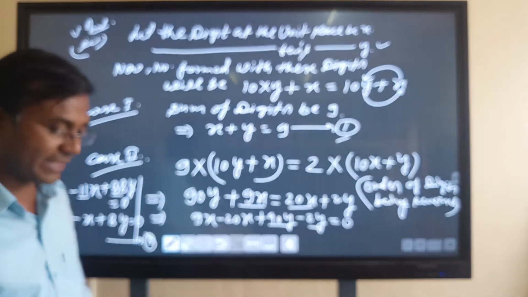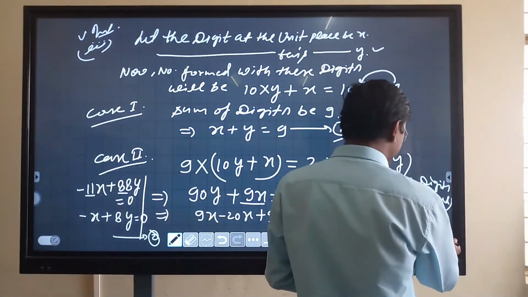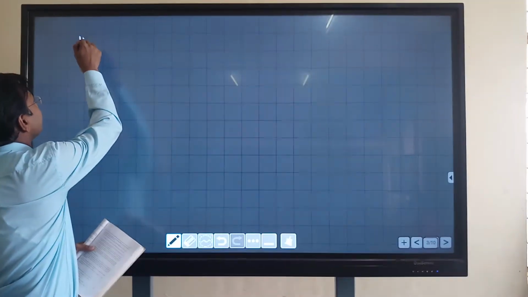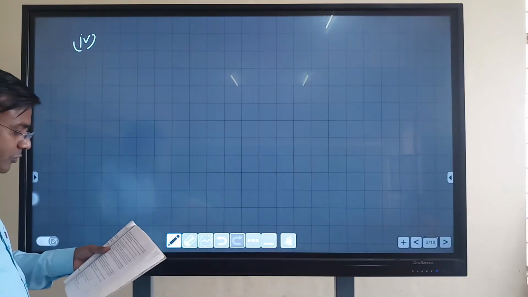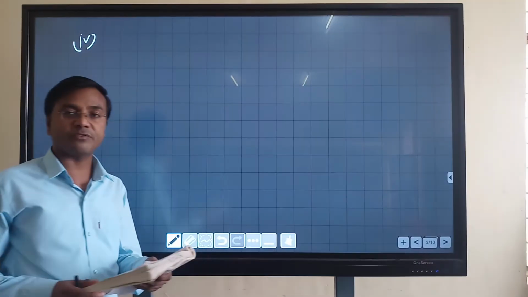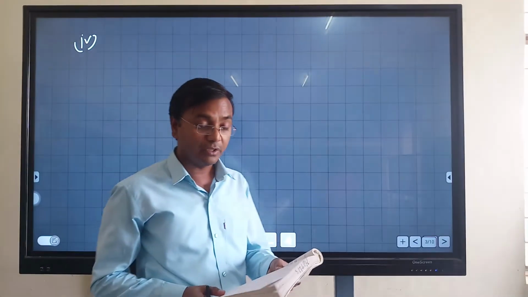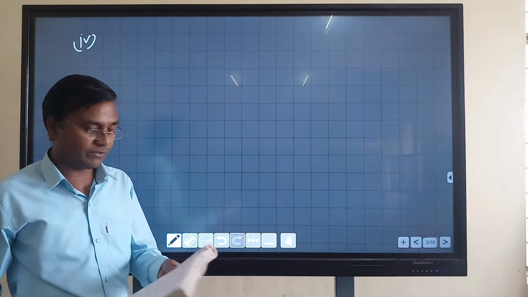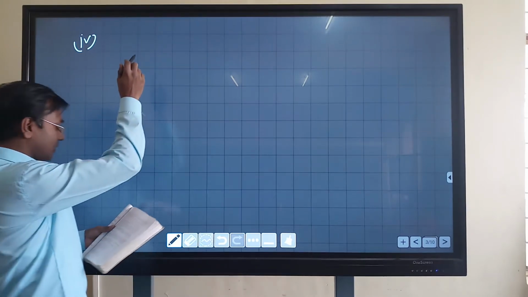Now I am solving the next, fourth part of the question. Meena went to a bank to withdraw rupees 2000. She asked the cashier to give her rupees 50 and rupees 100 notes only. And Meena got 25 notes in all. Find how many notes of rupees 50 and rupees 100 she received. Okay, so we have to find how many notes. So this is the last line which makes the question clear.